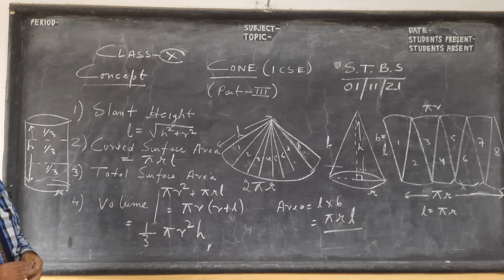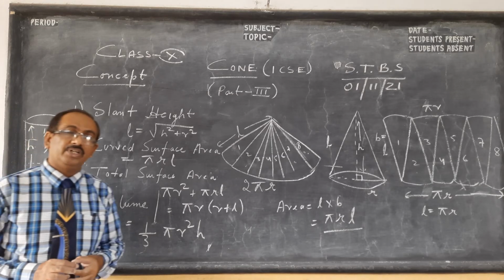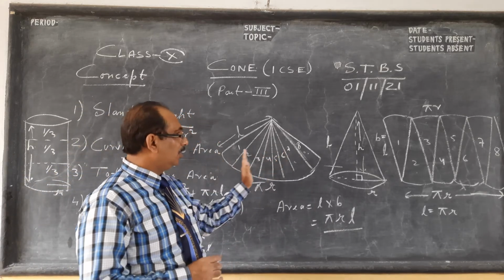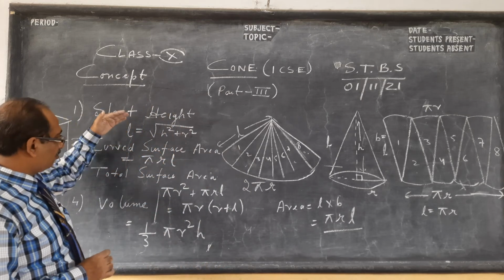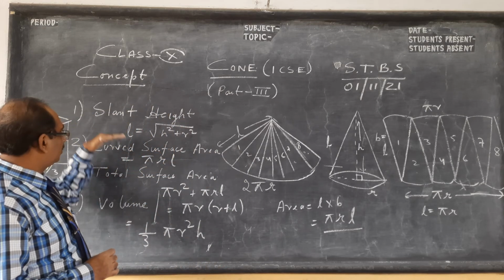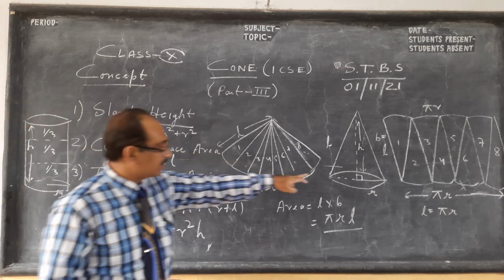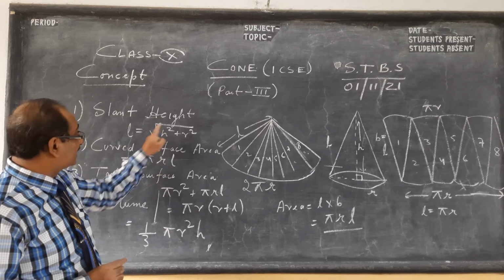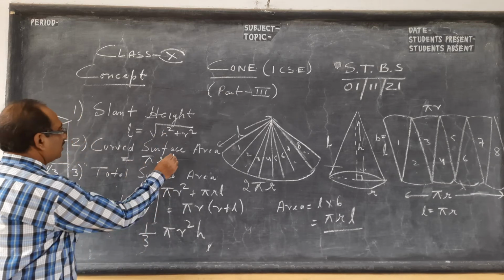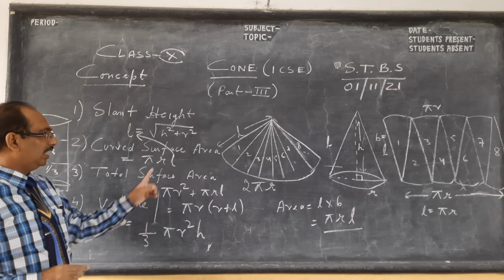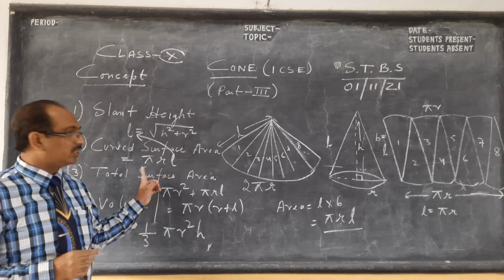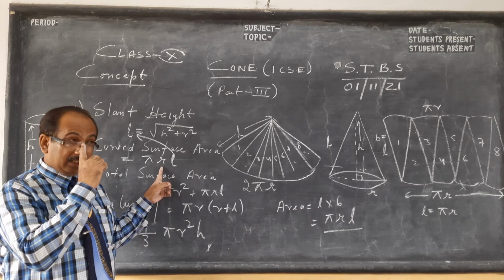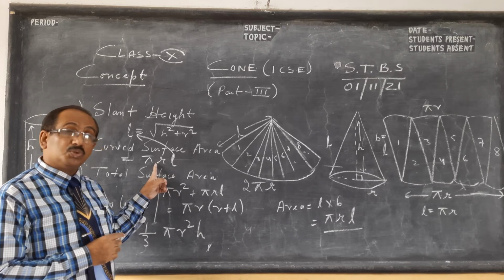Okay, so in the next part of the video, I'll be doing a few basic sums in part 2, where we will clarify all these 4 concepts. Slant height: root over h square plus r square. Curved surface area: pi r L, where L is the slant height. L is the slant height, remember that. L is not the length, L is the slant height. So curved surface area is pi r L, and you can compare it with the cylinder. The cylinder is 2 pi r h. Remember, this is 2 pi r h.